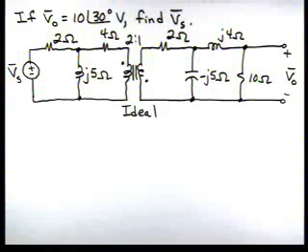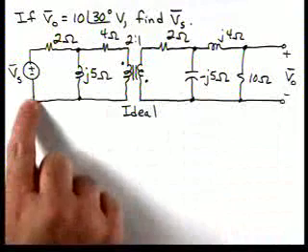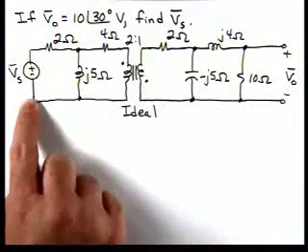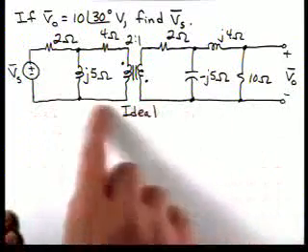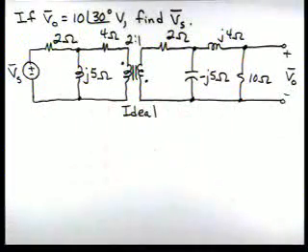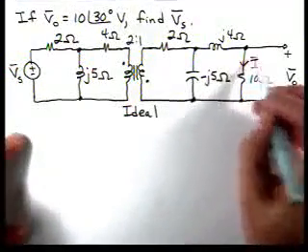In this problem, we're given V0 is 10 at an angle of 30 and asked to find Vs. So we're given the voltage over here in the circuit and asked to work all the way back over to here. So we're basically going to apply Kirchhoff's current law and voltage law and then work our way back through the ideal transformer. So if we start off and say, let's define this current as I1,